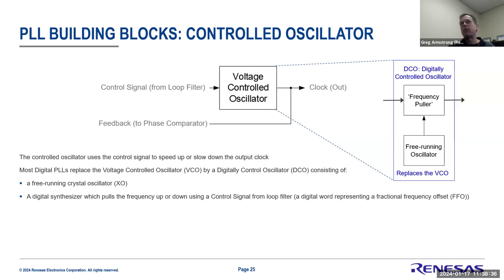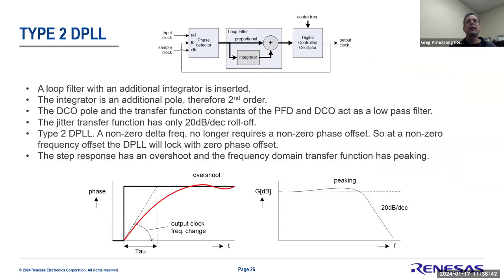And then you would feed that back through the feedback circuit back to the phase detector. And so that's how you get your closed loop. So basically you have your phase detector, your loop filter, your steerer, and then it feeds back to the phase detector, and that's how you get your closed loop and your feedback mechanism in place. And again, as I highlighted, that digitally controlled oscillator doesn't necessarily have to run at the exact same frequency as your input. Like if it's a 25 meg, it doesn't need to be a 25 meg clock. A lot of times that VCO is running at a much higher frequency because it's trying to synthesize other clock